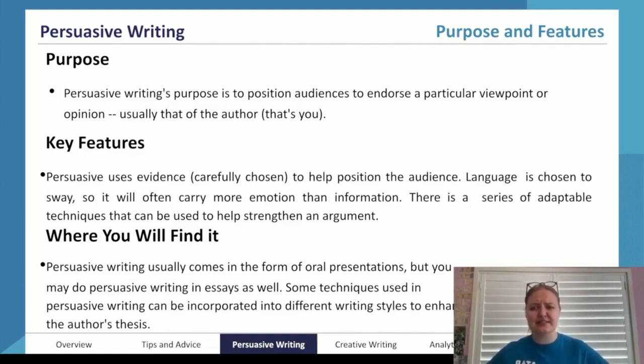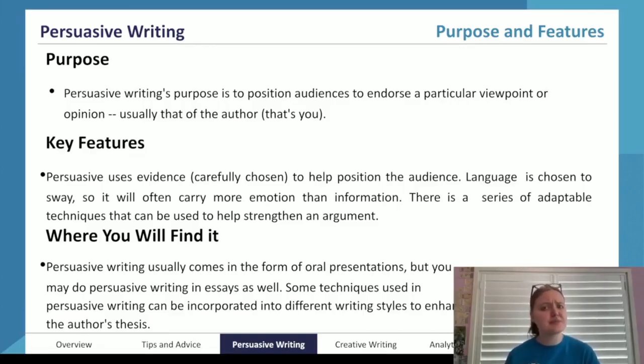Key features of persuasive: it's using carefully chosen evidence to help position the audience. So language is chosen to sway opinion, and it will also often carry more emotion than information. And there is a series of adaptable techniques that can be used to strengthen the argument.